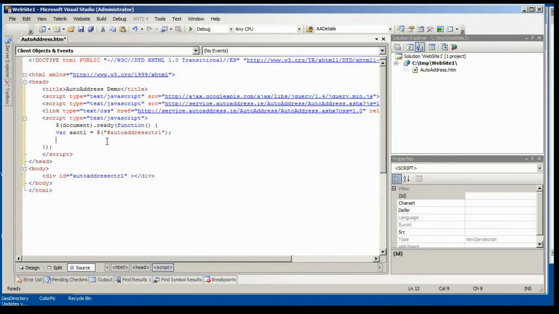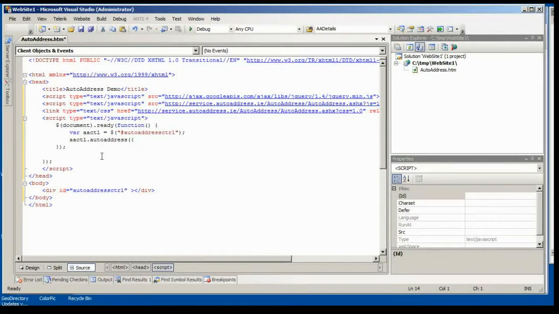Okay, so now we've got our JavaScript variable. We're going to call our plugin. Our plugin, of course, is called AutoAddress. Now you can read the full AutoAddress documentation to get the full list of options and callbacks that you can pass and supply here, but for now the only thing that you really have to supply is a license key. And once that's done, your AutoAddress control is actually ready to use,